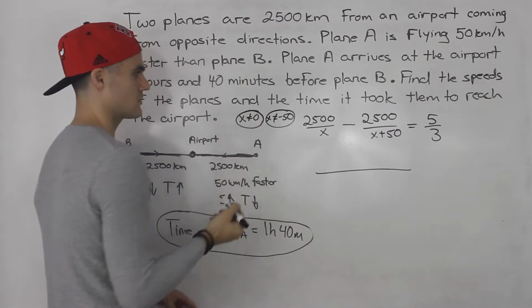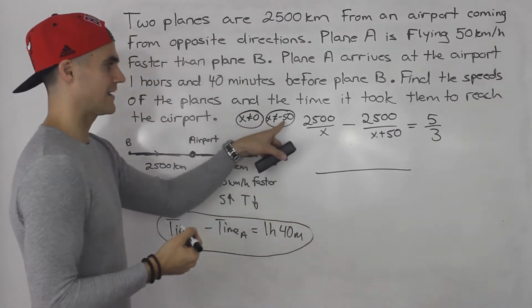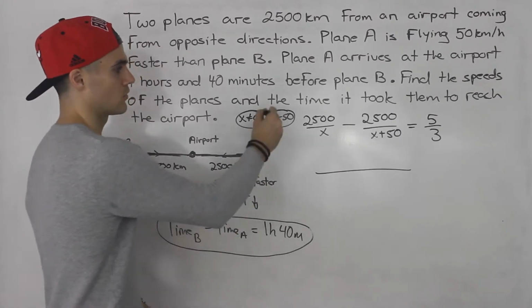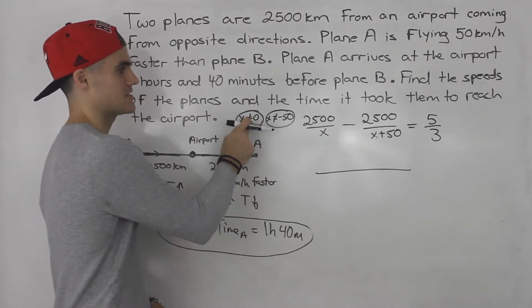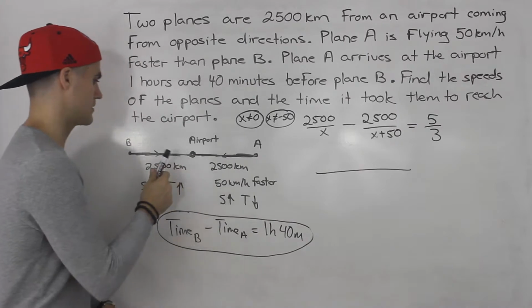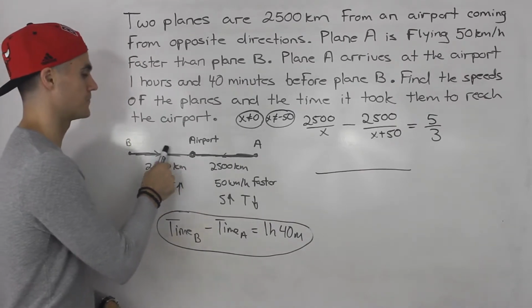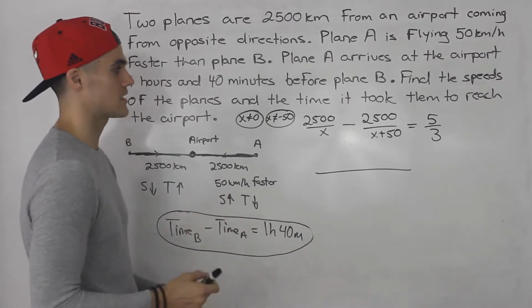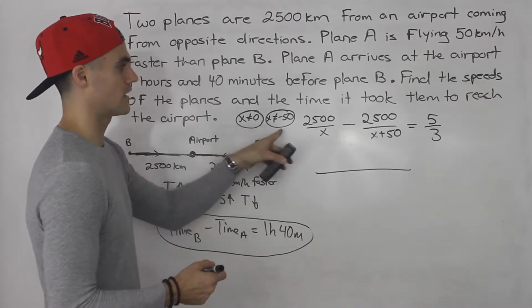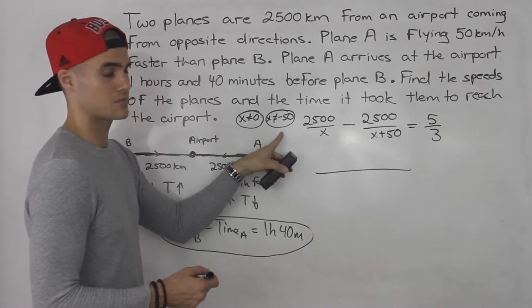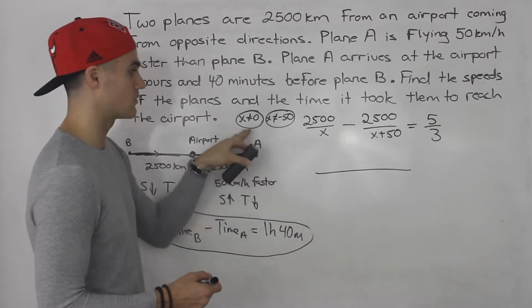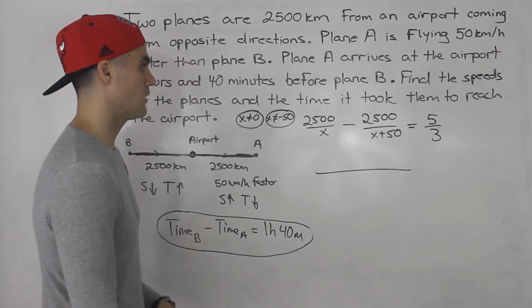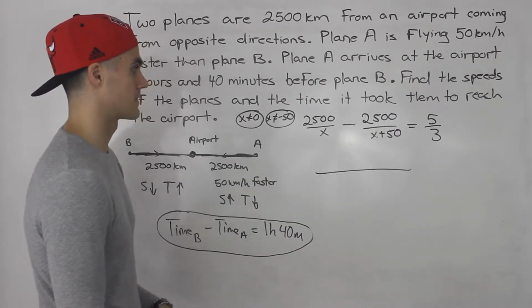Right? So whatever answer we get can't be one of these. And it can't be a negative answer anyway. A negative speed wouldn't make sense, so we ignore that restriction. And x can't be 0. So this plane B can't be traveling at a 0 speed. Then it's not even traveling. It wouldn't even make sense. So these restrictions we don't really have to worry about, but you should state them in case one of the answers is one of the restrictions. You would ignore that answer. But we're probably not going to get that. Anyway,